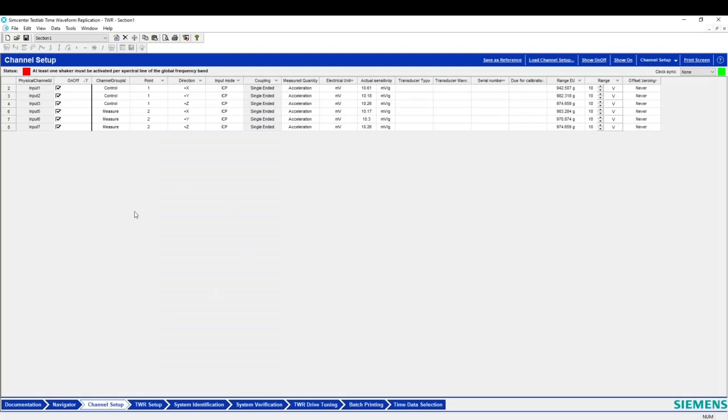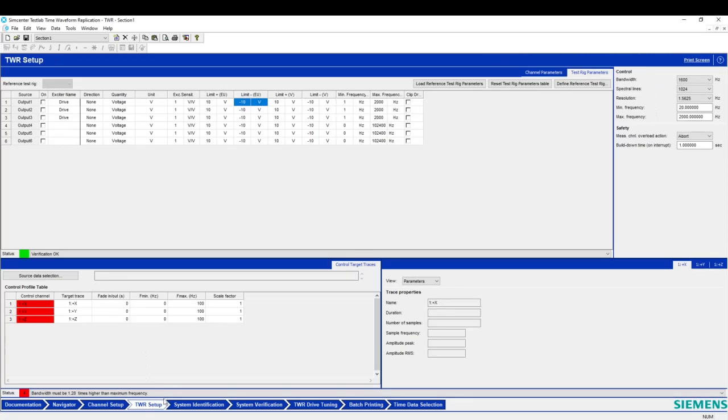The channel setup is the same as for the memorandum, so our control channel, the measurement one, and all the rest is the same, so I can skip it in the TWR setup. Here we have to define some acquisition parameters and, of course, our test specifications, so our control target traces, our time histories. So let's start by activating our shakers here, and put the direction,